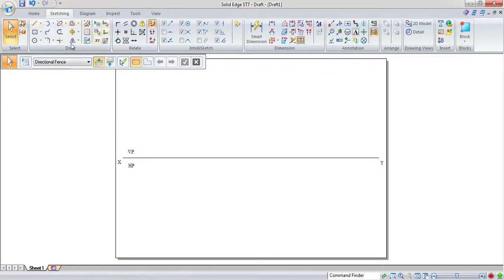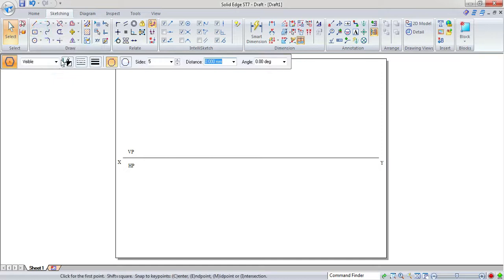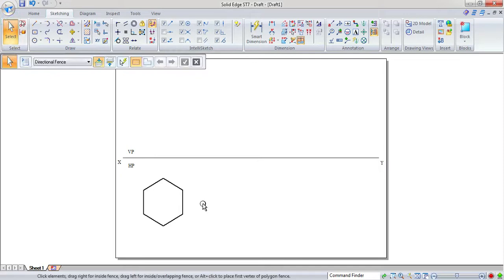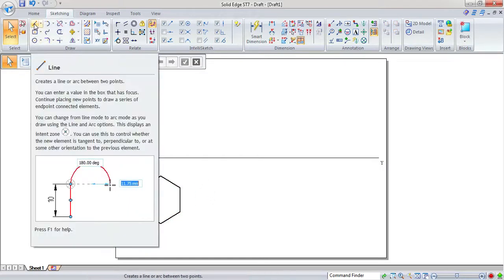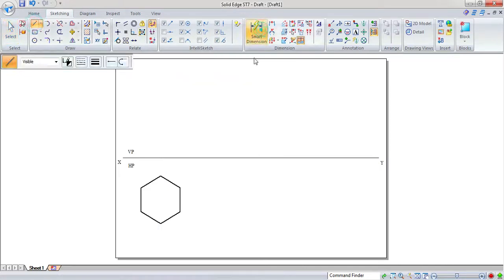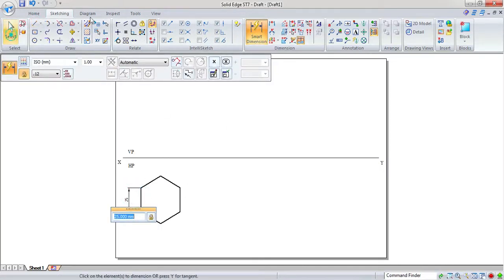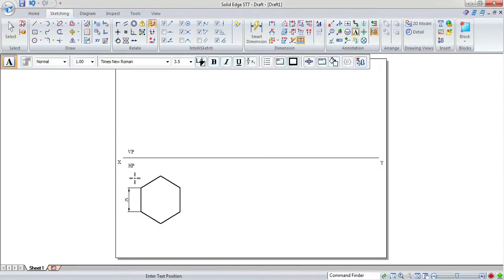So here the hexagon is resting on one of its edges. Go for polygon by center, select the number of sides, and it is given in the problem that the side is 25 mm. So just type 25 here and place the prism here. This is a hexagon that is resting on one of its edges. Then you can drag it to a convenient position. Then you can use the smart dimension to show the dimension, and write down the annotations here.